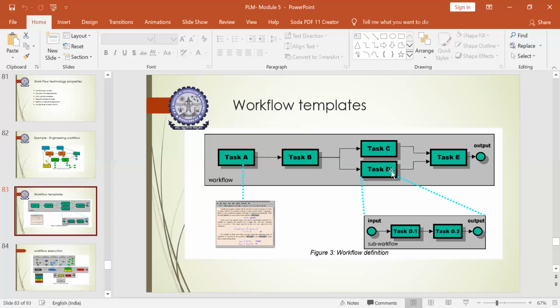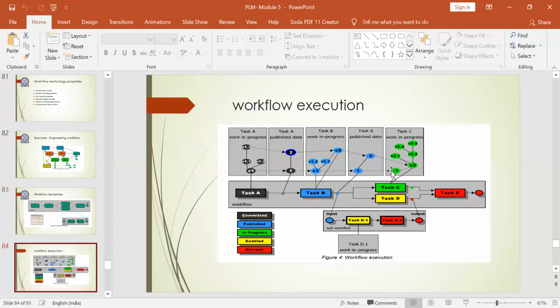So now you understood what a workflow definition is. Then you should see how the execution of the workflow takes place if an organization has embedded product data technology. So this process I have told you. This workflow explains the entire working of the product data technology. It could have any number of tasks. It's not necessary that it should have only this number of tasks. But now, along with this, some other images are extra here to understand how the execution takes place.